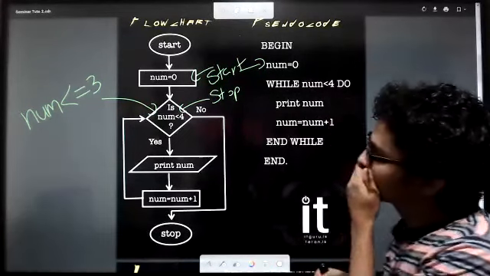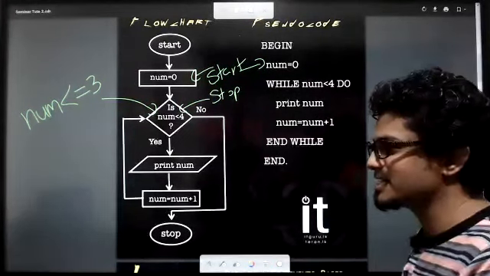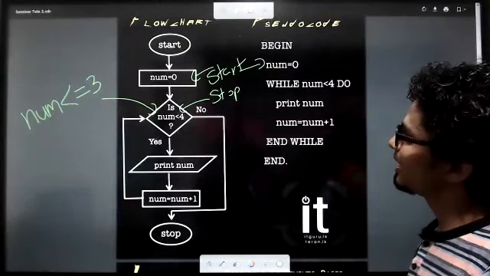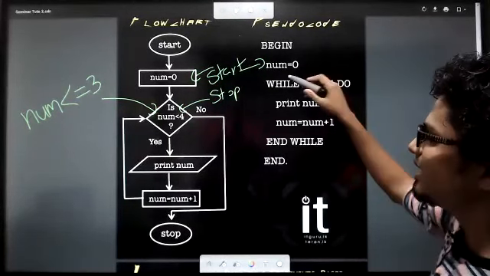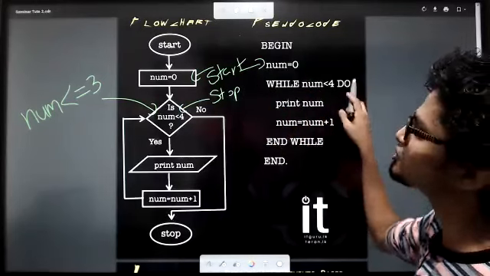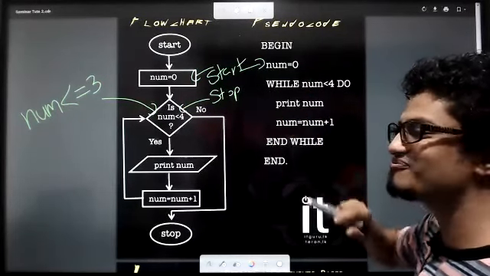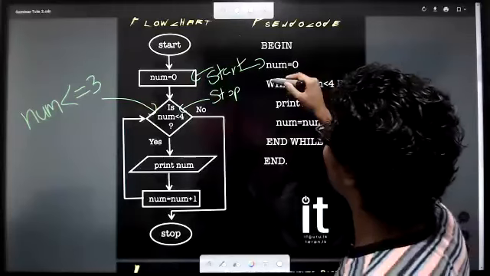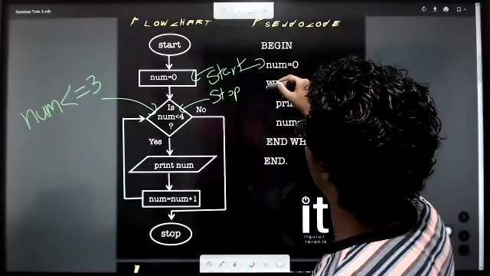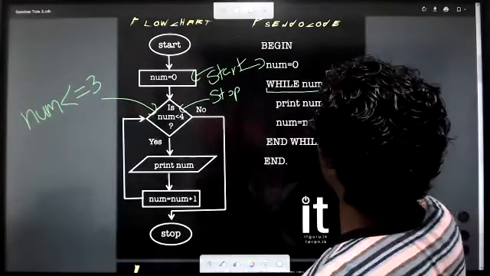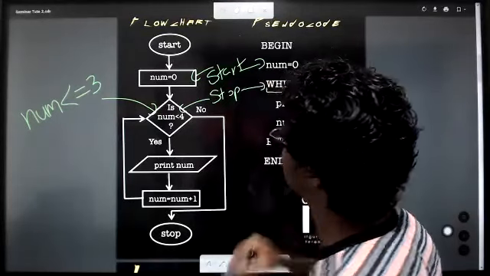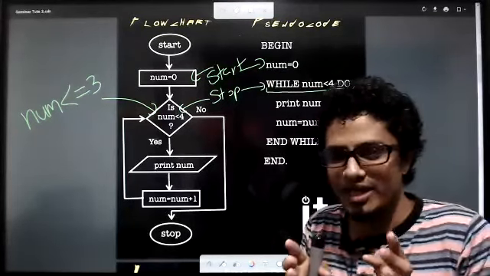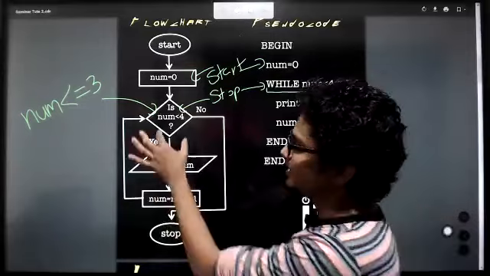Right? Okay. So here, yes, as some of you have mentioned. Now here in the loop, in the pseudocode, I have also mentioned while num less than 4. See, while num less than 4. So this is the condition here. Now look at this. In this flowchart,